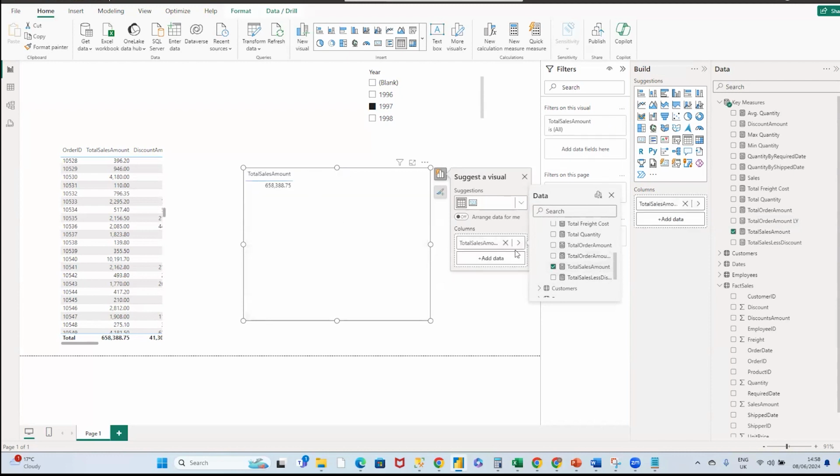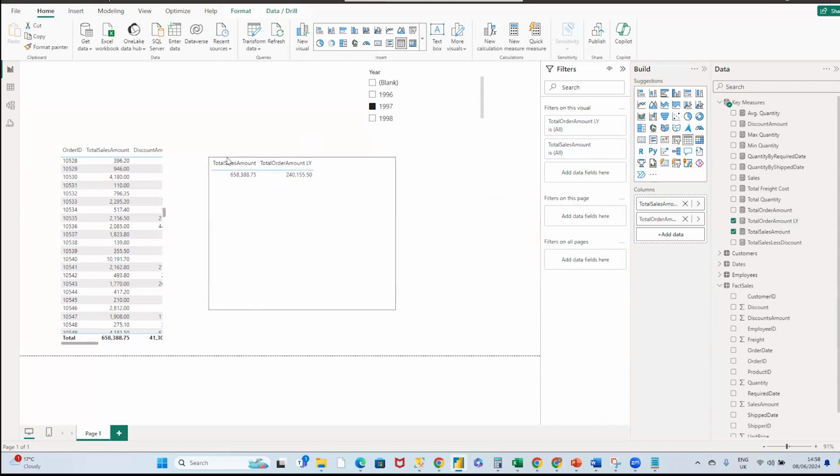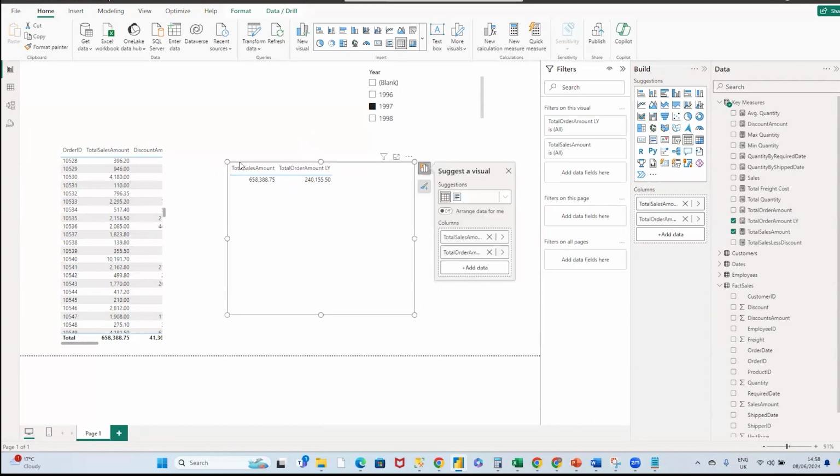See, that's the current. That is the previous year. Then you can see the difference. And then I cannot do it by individual customers or order ID because they may not repeat the following year. So that's why it's not giving us that. And then I can come in and say,